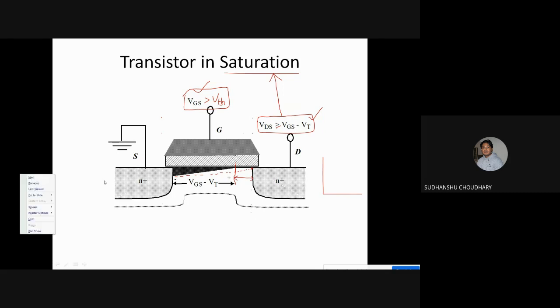Now this can be related again to the same principle that we studied in a JFET. So I'll go back and show you that in a JFET also we had a similar kind of depletion region. So this can be related to that JFET also. Now why is the channel of this wedge shape?